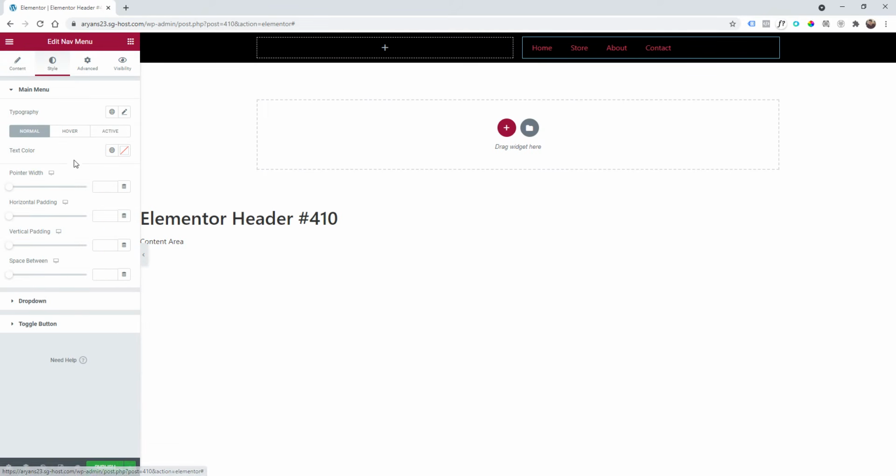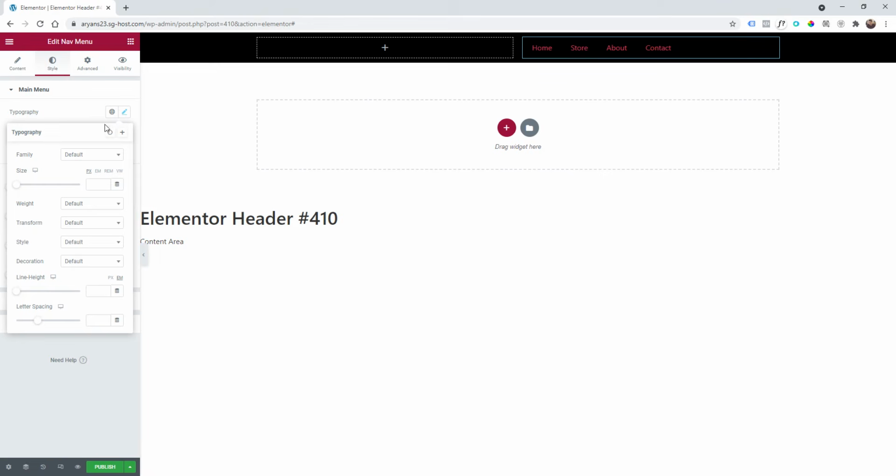So Style. The typography, I'm going to click on it. I'm going to give it a bigger weight. So let me try this. The family Poppins in my case, like that, and maybe transform to uppercase. As you can see now, it's bigger uppercase, and yeah, maybe 800 is too much. Let's try 700 or 600. Okay, I feel that 600 is okay, and the size of the text, let me try to make it a little bit smaller, like that. REM